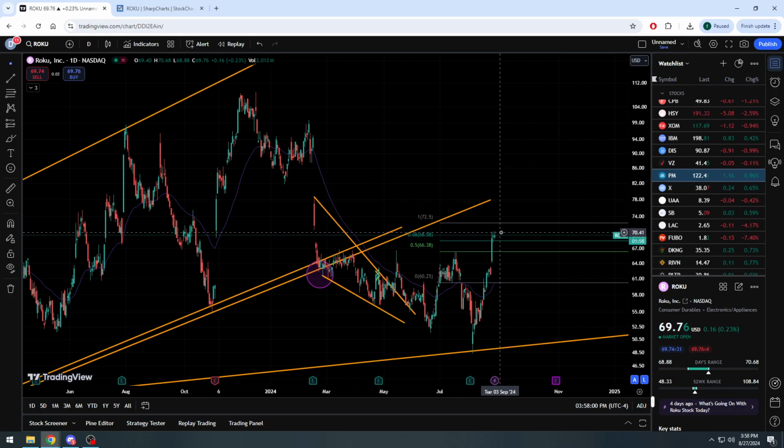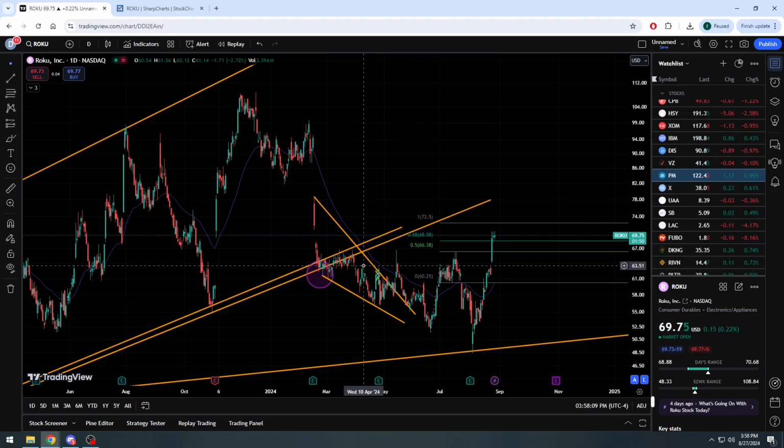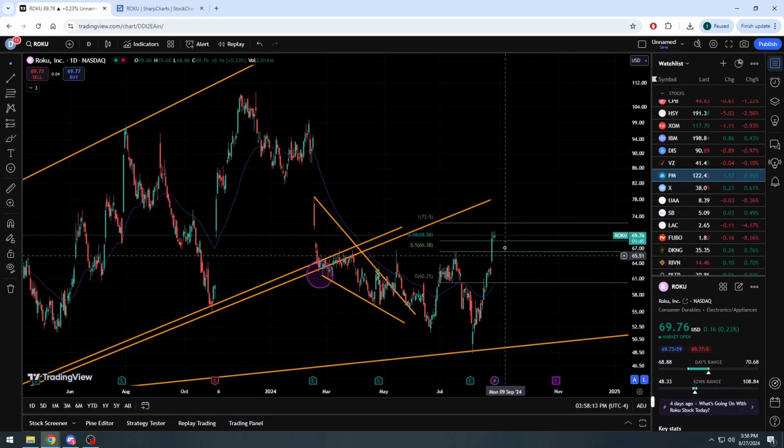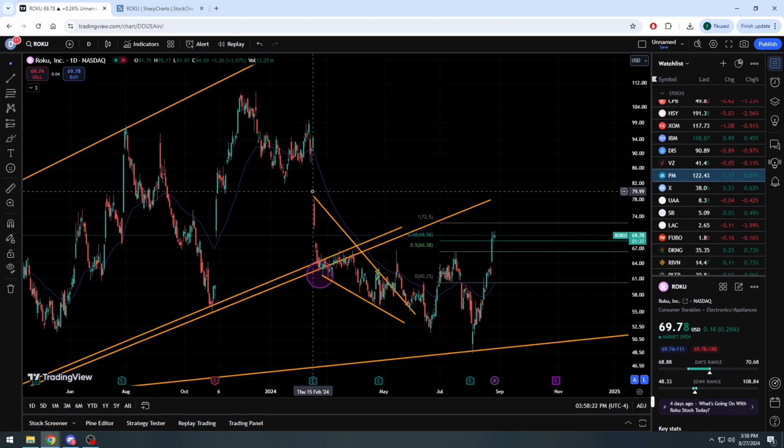So in my opinion, we're going to fill this gap right here from the initial drop. And also, if all of this was an overreaction, which I said in my opinion it was in the immediate short term, and I did like it in the longer term, this is why I'm saying worst case, back to this line. It might take a while, but it may actually meet up with the top of this candle on the original gap down. And as you see, the high on that candle,